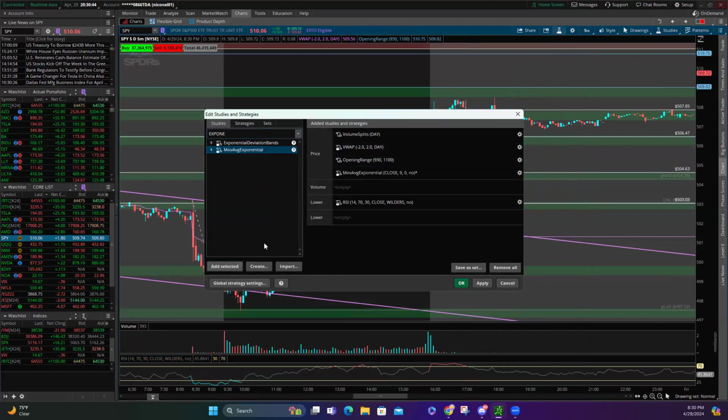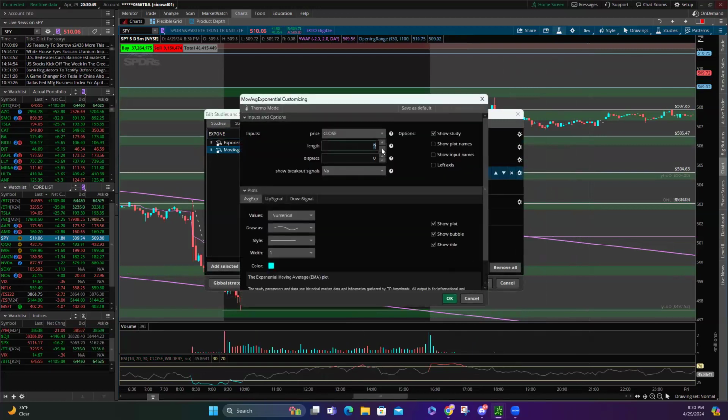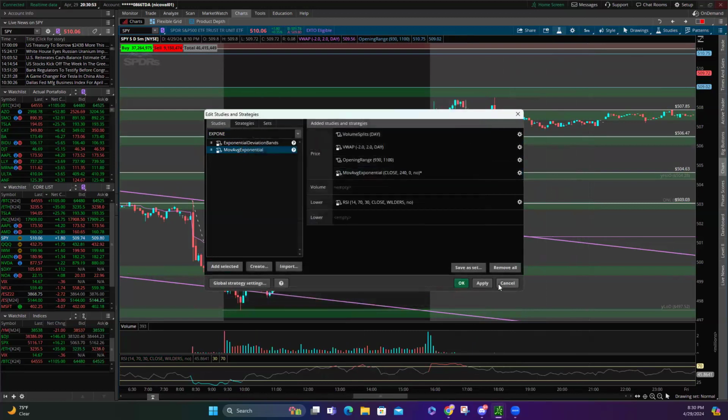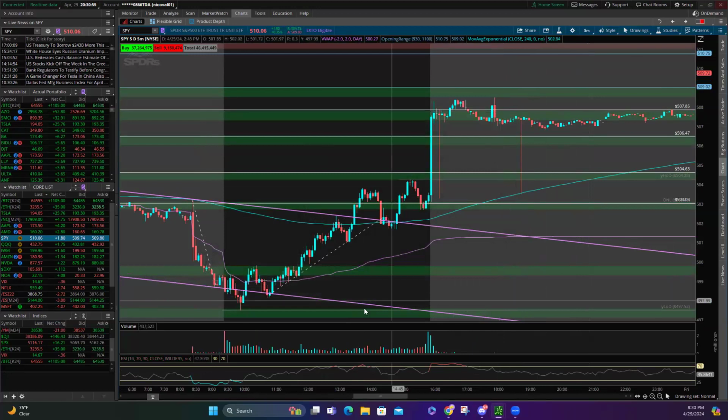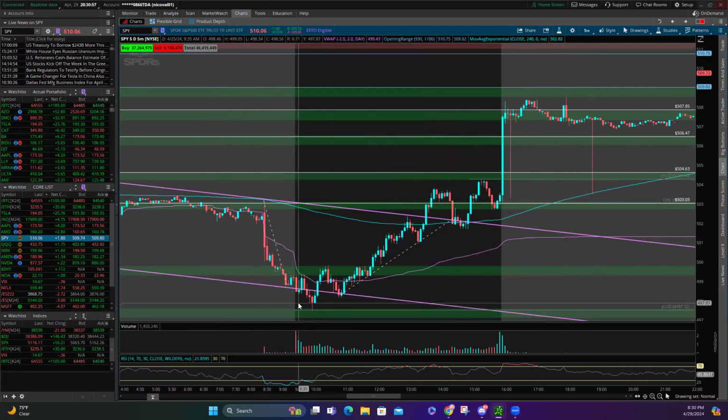Let's see, let's add this. I'm curious why you're using the 240, but there we go. This is 240. You could have entered anywhere here and scalped it here, trimmed here. Then you got your trend line. You could have entered here on the 5 minute, because it is equivalent to the 20 EMA.